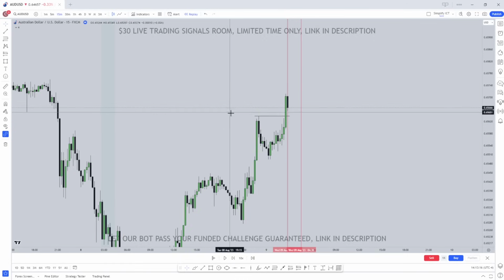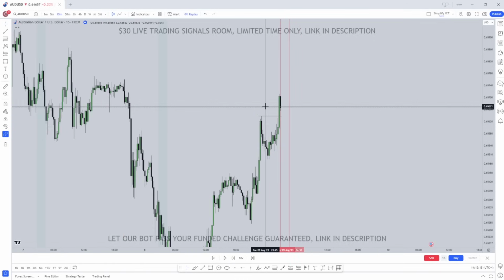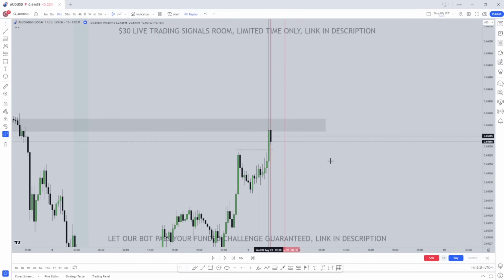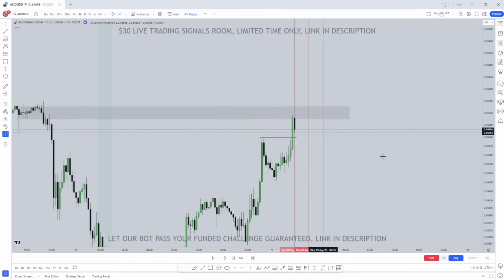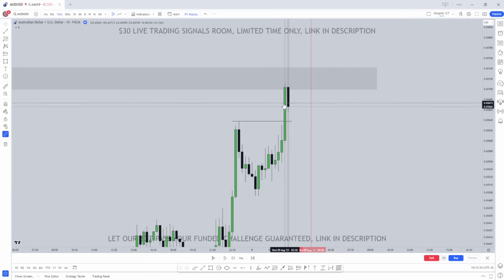Has price tapped into a premium array? Has it tapped into a bearish area, right? And as you can see, that's our point of interest. That's our premium array that price taps into right there. Now we're on the 50-minute time frame. It's 2:45 right now. So all we do, because price has already tapped into the area, is you go down